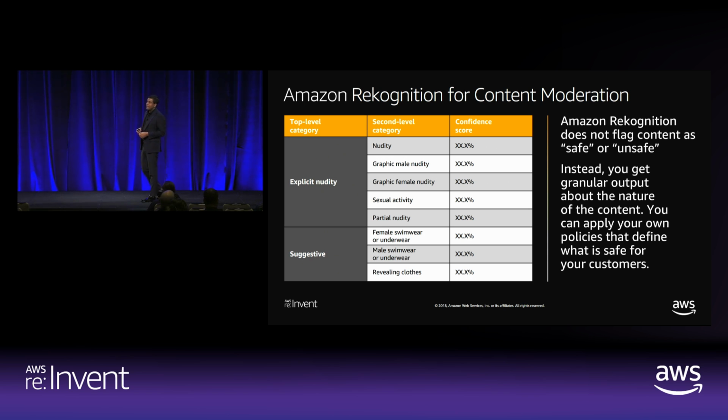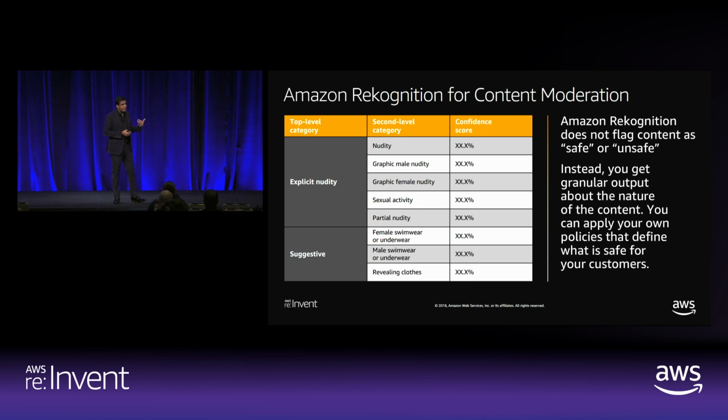as a customer. And the way we do that, we not only tell you that there's suggestive content, we tell you why we think it's suggestive content in a hierarchical relationship. So now you could imagine creating workflows internally, depending on what triggers a suggestive label, to choose to use or not use that image. So for instance, here you could see the reasons why we identify a content to be explicit: if we find nudity, graphic male nudity, sexual activity, partial nudity, and so on and so forth.